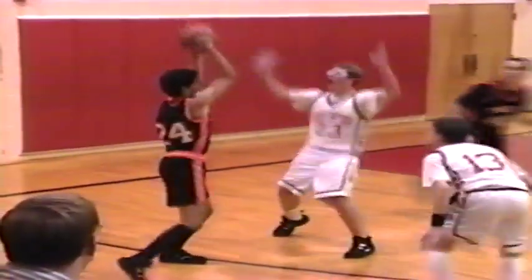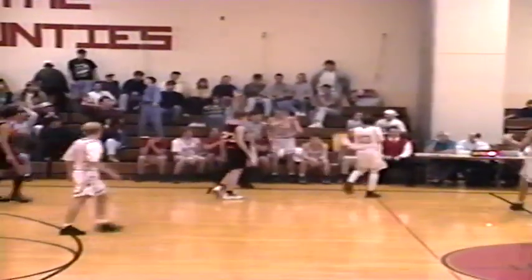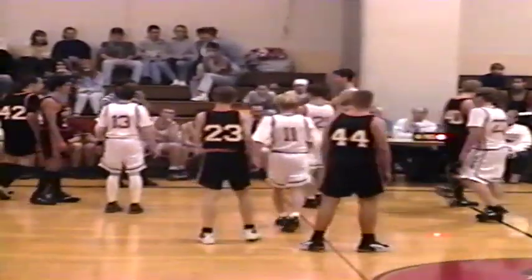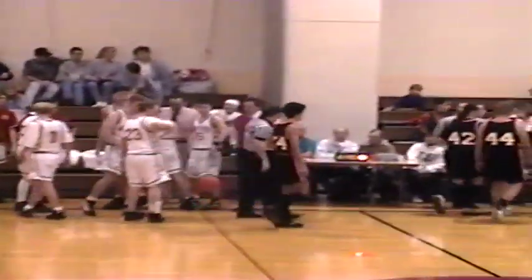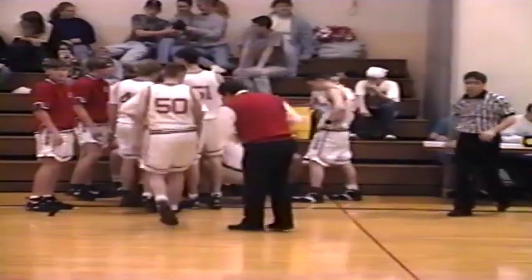Zielinski pushes it over here for Robertson. Boy, it looked like Brian might have walked with that. Now he'll dump it over across the thing, and a foul called. The foul's going to be called on Romig. Or is it a foul, or did he just knock the ball out there? Maybe he just knocked the ball out. I'm not sure. At any rate, the Mounties have called time with just 20 seconds remaining, and the UDA up by